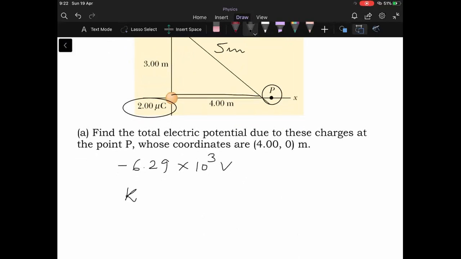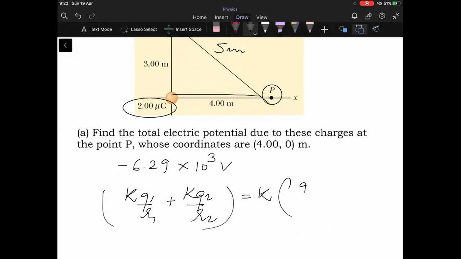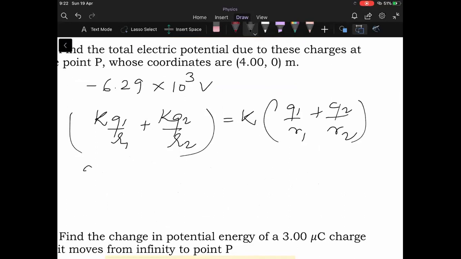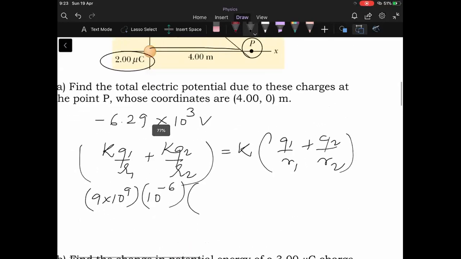It will be k q1 by r1 plus k q2 by r2. So from this your k will be constant, q1 by r1 plus q2 by r2. What is the value of k? 9 into 10 to the power 9. Now both the charges are given in microcoulomb, so I'll take the micro portion, that is 10 to the power minus 6, outside. Now inside I have, what was the charge? 2 and distance is 4. So 2 by 4